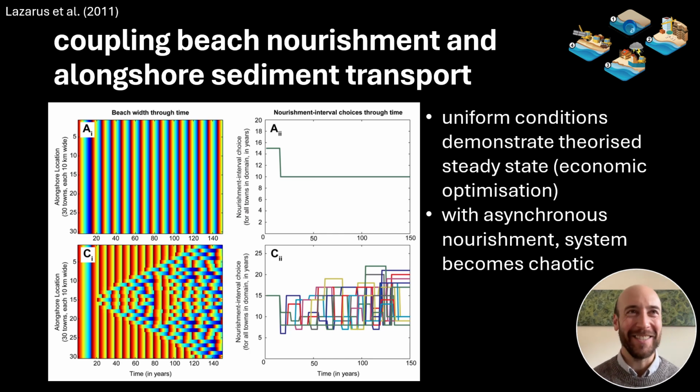So, nobody wants a chaotic beach nourishment schedule, but that's what we were able to show with this model, is that essentially cooperation across neighboring towns is important, because it can be destabilized because of the way sand is shared along shore. So that was a really fun, relatively straightforward kind of coupling that resulted in a really interesting set of dynamics ultimately.